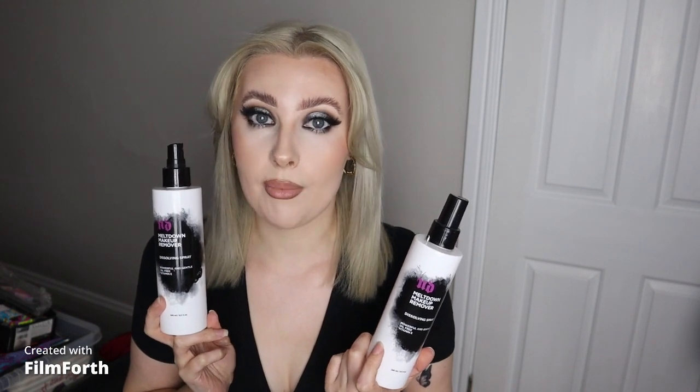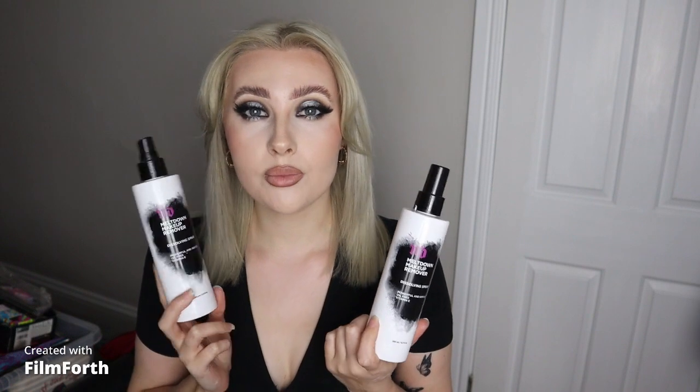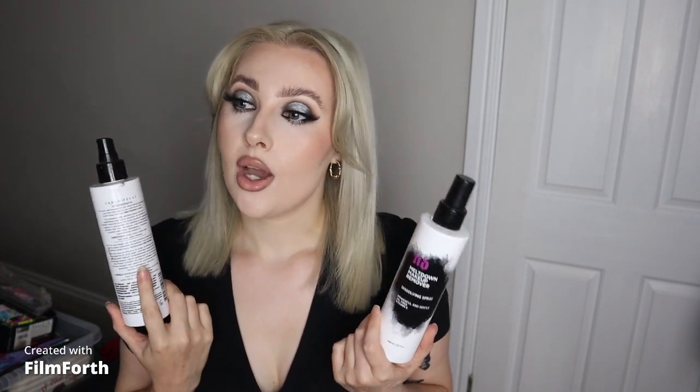So it's like a spray, so you just spray it on your face and then I rub it with my fingers. Then I'll get some water and rub it with some water, and then I'll use my face halo and just gently wipe it away. I love this product. It really does break down my makeup. I use about 8 sprays all over, just so I know that I'm going to take every